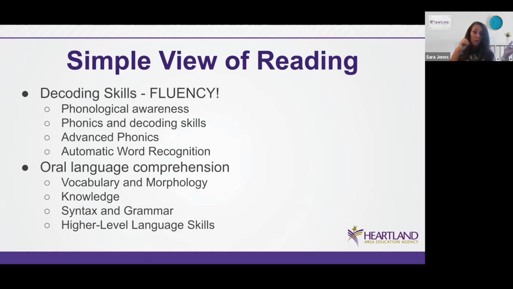Decoding skills equal fluency, and then oral comprehension, vocabulary, and morphology. I don't know if you have seen them in other sessions, but the AEA created some really great vocabulary and morphology books. I can put a link in the chat here in a bit that you can get printed through the AEA. And it's got some great, fun little